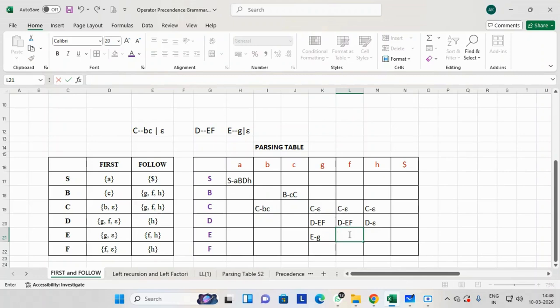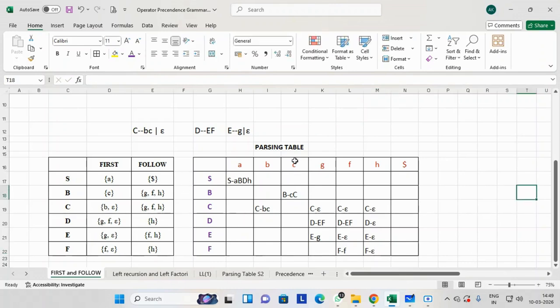That is, in F I will write E giving epsilon, and in H I will write E giving epsilon. Similarly for F, in F I will write F giving F, and for epsilon I see the small letter which is written in follow, which is H, and in H I will write F giving epsilon.